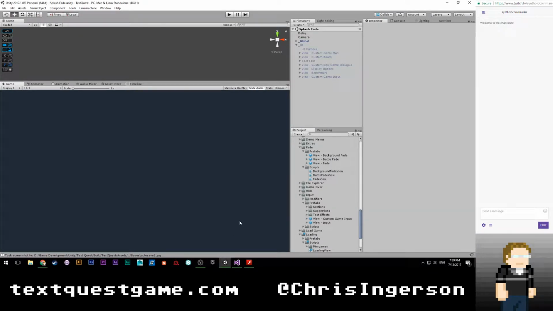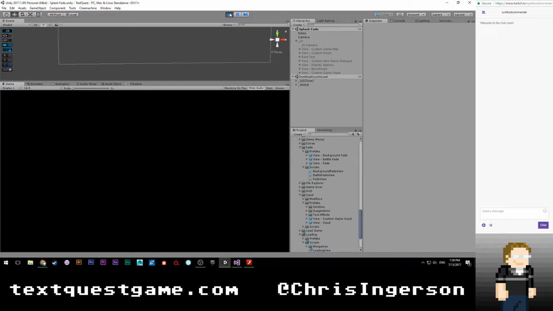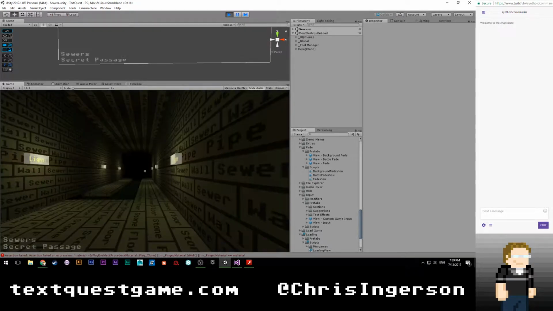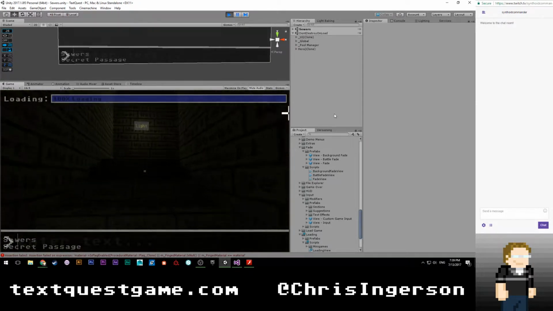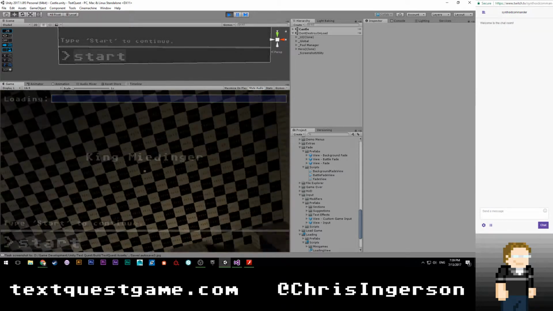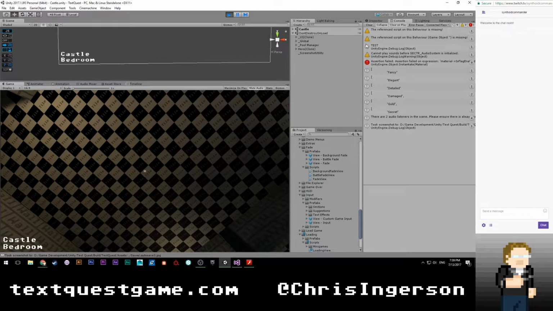So we try it again and hope for the best, because it's so difficult apparently for me to get loading menus to work. I miss the good old days when I could just synchronously load everything and not care. All right, so let's click through this. Let's go ahead and do start, continue, and let's check the menu out. Type the phrase quickly. I'm going to do start, and interesting. Really? It didn't happen.